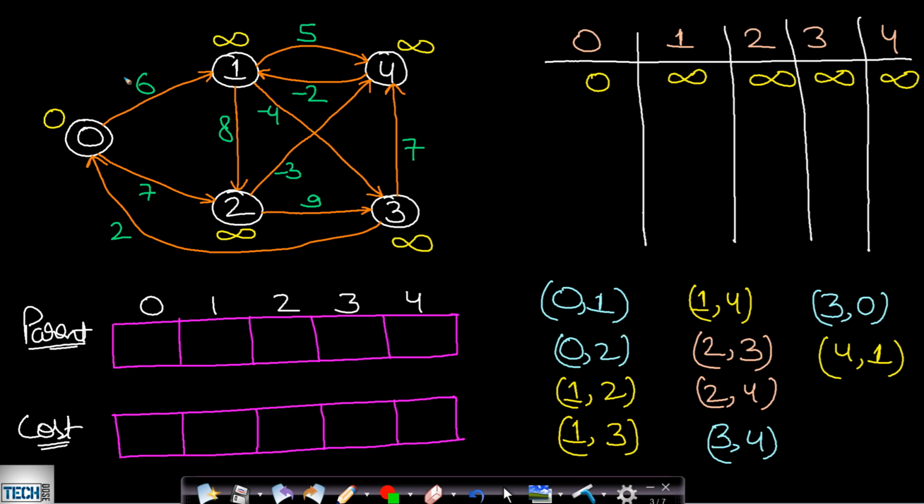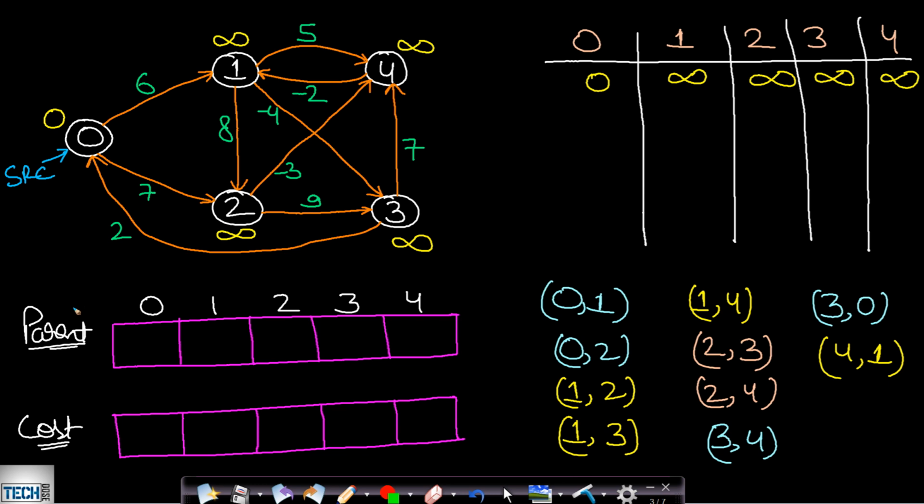Now let us look at an example in order to get a better understanding. So this will be a dry run example. In this case, I have taken 5 nodes, numbered from 0 to 4. Initially, all the vertices are marked with distance equals infinity except this source node 0, which has distance 0.